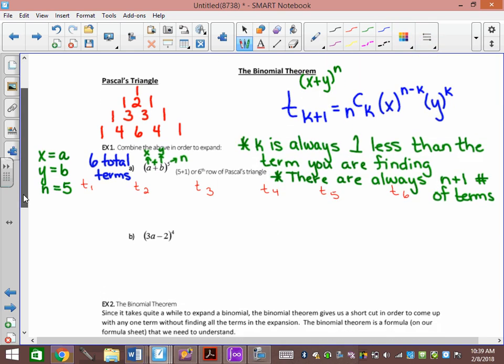For term 1, what's my k equal? 0. For term 2, what's my k equal? And then plus term 3, my k is going to equal. Plus term 4, my k is going to equal 3. Plus term 5, my k is going to equal. And then plus term 6, my k is going to equal